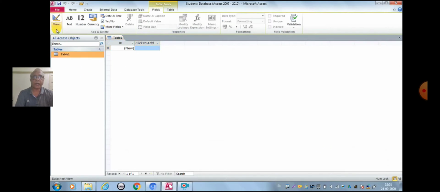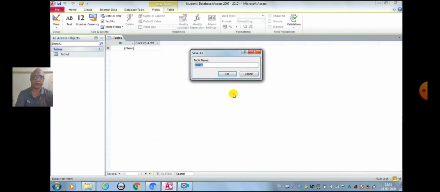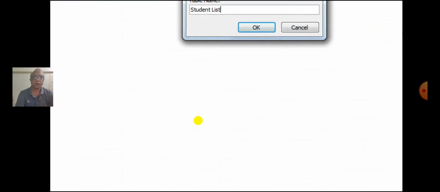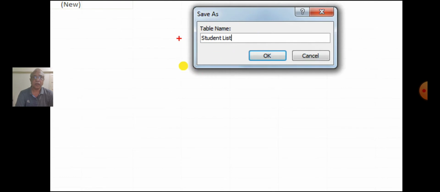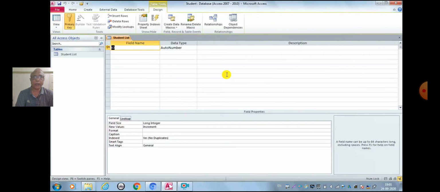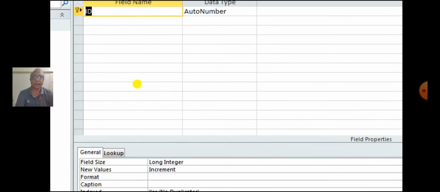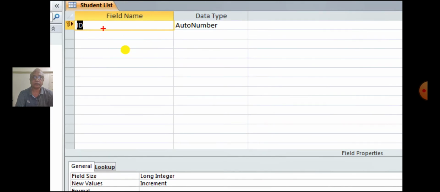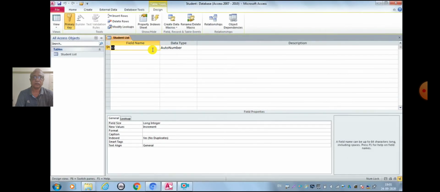Then let us now create a table named Student List. Click on OK. Open the table in Design View to enter field names and data types. The first field name is roll number.